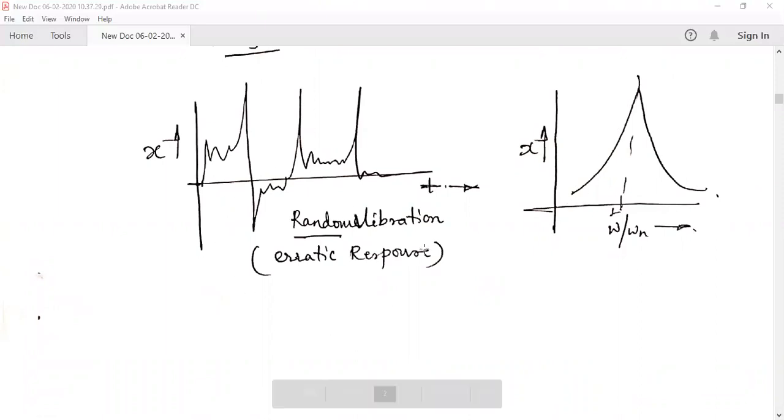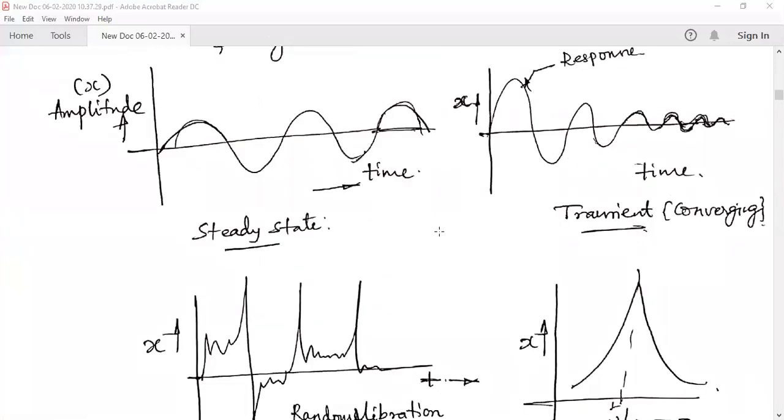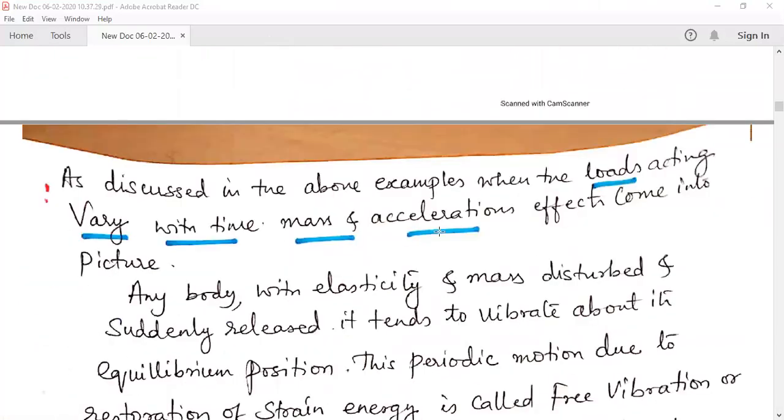Here is another very important classic example, random vibration, where you cannot predict what the response of the particular structure or member will be due to these kinds of inputs. Random vibrations, erratic response. You can see earthquakes and other phenomena leading to random vibration. Very high peaks, low peaks, high peaks, and things like that. You can see these classic practical examples in various machine applications. Study the response of it.